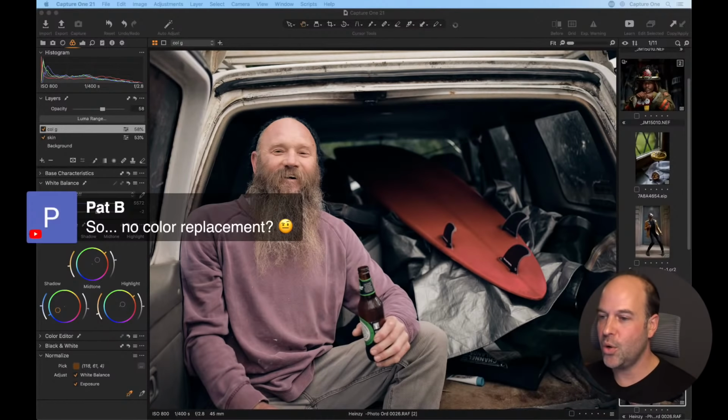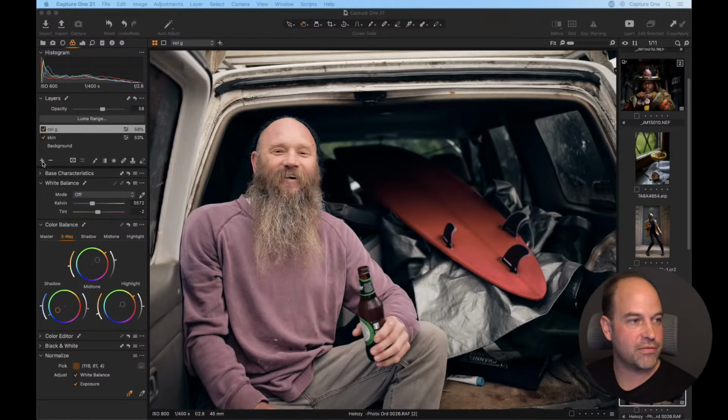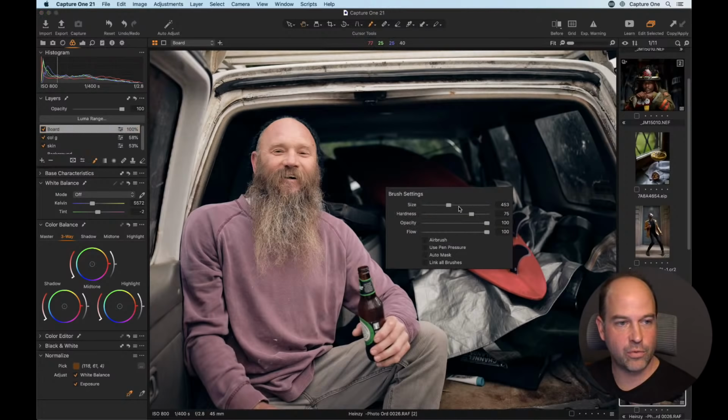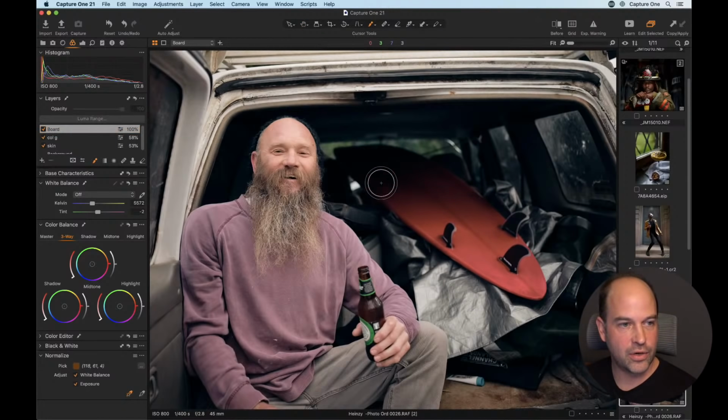Pat B says, so no color replacement? You can do the color replacement. It's just a little bit more laborious, but it's possible. So let's say we wanted to change the color of the surfboard. So let's make a new layer and call that board, like so. Grab a brush, check our adjustments, full opacity and flow. Not going to do anything massively fancy for this, so roughly just going to